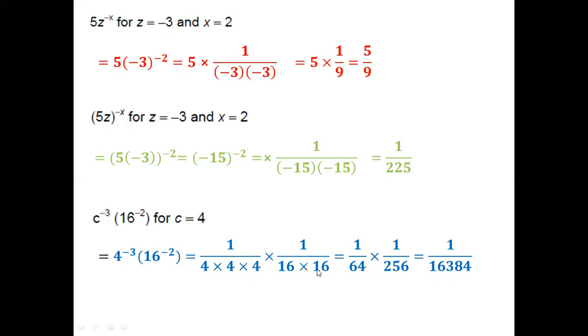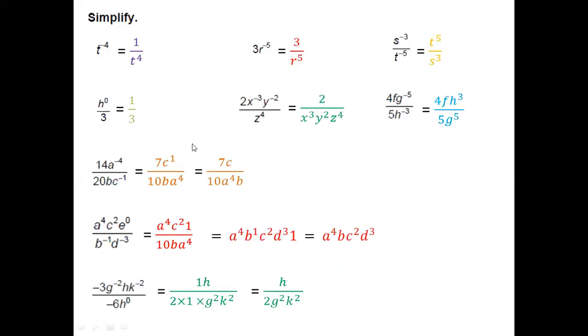Okay, so 16 multiplied by 16. So this will give you 4 multiplied by 4. 16 multiplied by 4 will give you 64. 16 multiplied by 16 will give you 256. I know this is a very big number, but what can we do? This is the answer they gave us. 64 multiplied by 256 will give you 16,384. 1 multiplied by 1 is 1. So 1 over 16,384 is going to be your answer. Only if you write this properly and understand what you need to do, you will get these other remaining parts very easily. Okay, now let's simplify this.